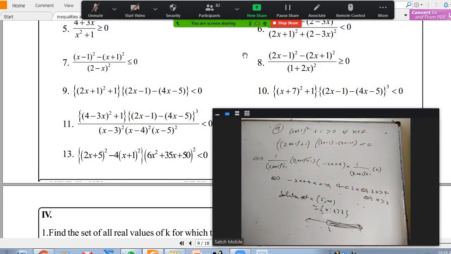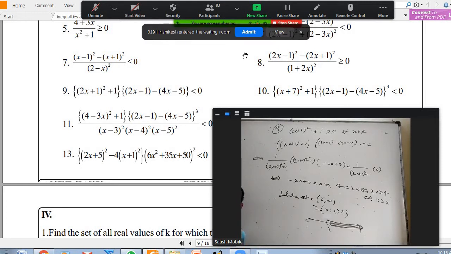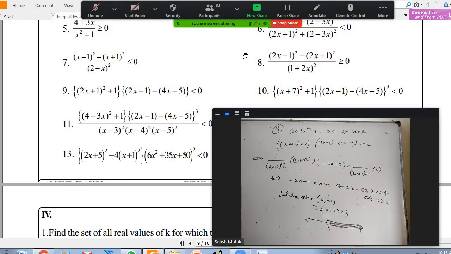11 we have to write carefully. Excuse me, sir. Yes. So you said that 2x plus 1 whole square is greater than or equal to 0, no, sir? Yeah, but plus 1 is there. So you want to write greater than or equal to 1, I don't mind. If something is greater than or equal to 1, it is also greater than 0, right? Yes, sir, but 2x plus 1 whole square will be greater than 0, now how will it be equal to 0, sir?